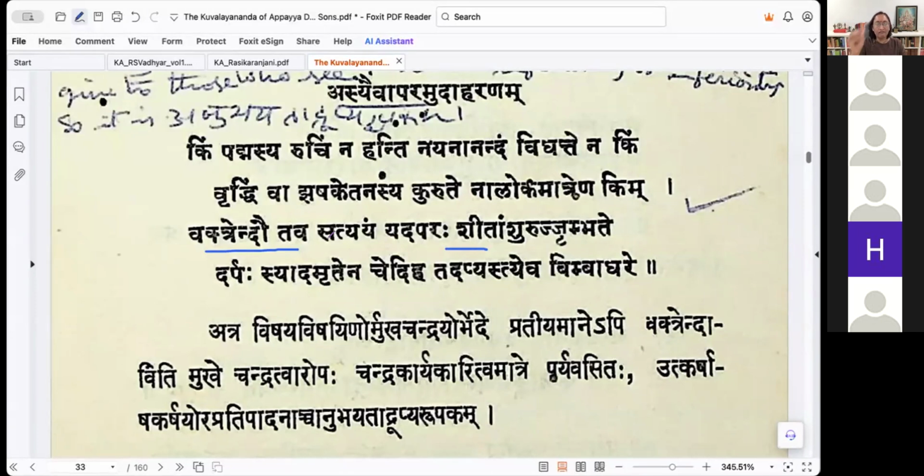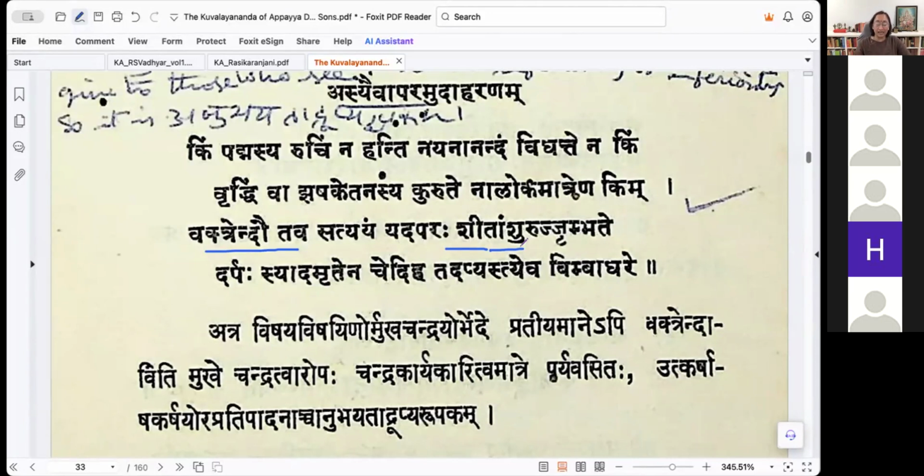Tasmat karana tava vaktrendau sati ayam yat aparaha shitamshuhu. This other moon that is ujrumbhate, there is another moon that is shining in the sky. So shitamshuhu, shitaha amshavaha kiranaha yasya. This moon has very cool rays. So aparaha, this other moon that is there, ujrumbhate,